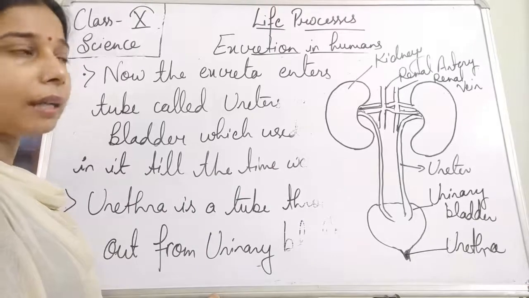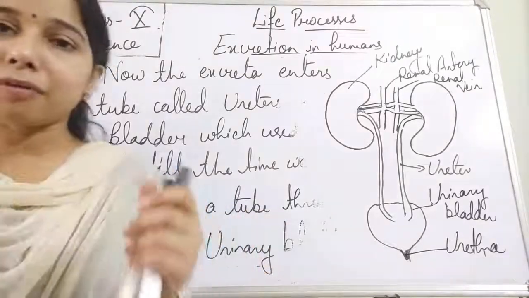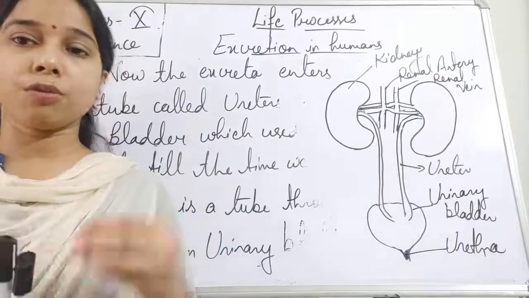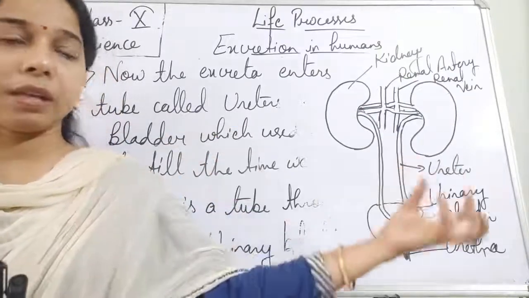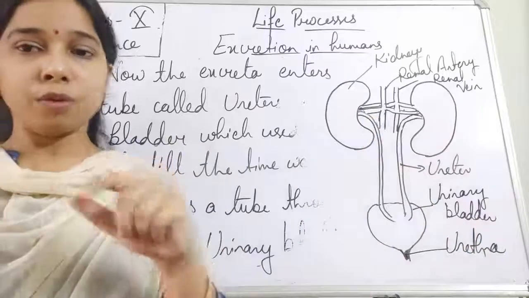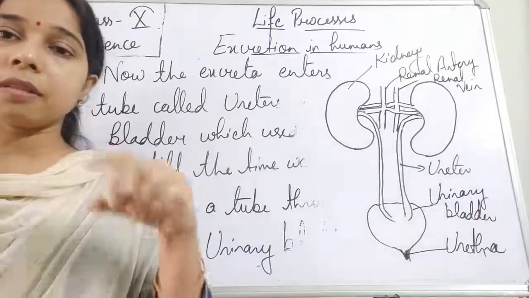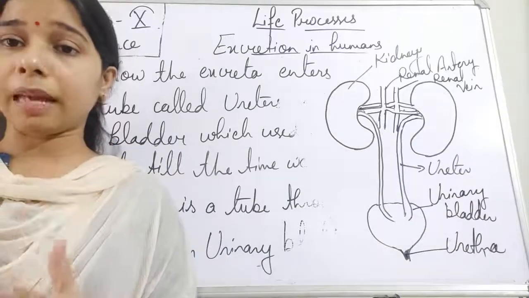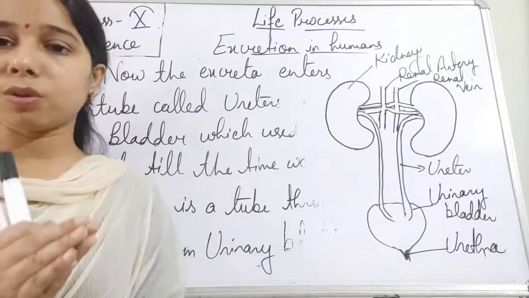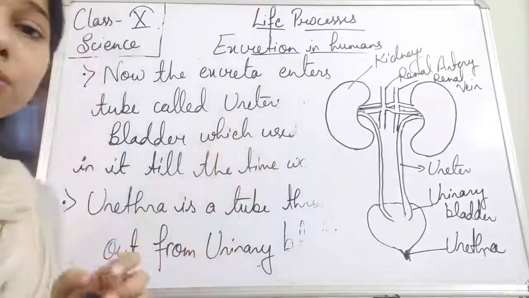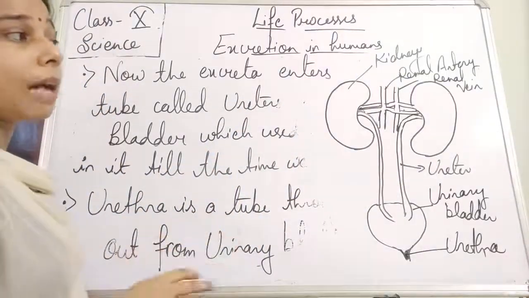We all know that the artery gets divided into capillaries, and then again they join together to form venules, and from venules it gets converted to vein. So first of all arteries, then arterioles, then these arterioles get converted to blood capillaries. These capillaries combine together to form venules. These venules again combine together to form vein. So this vein is actually the renal vein.